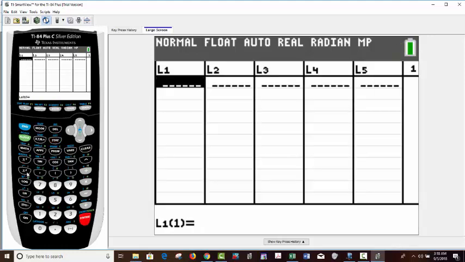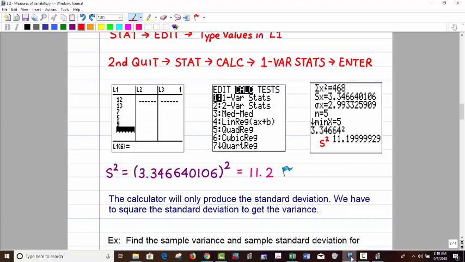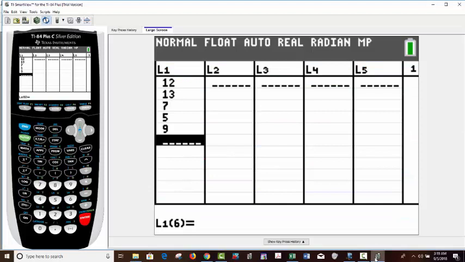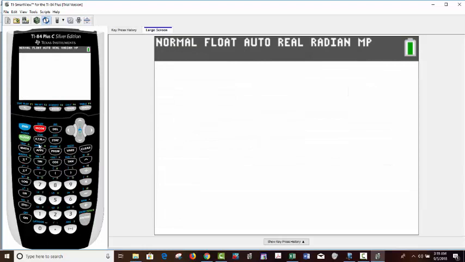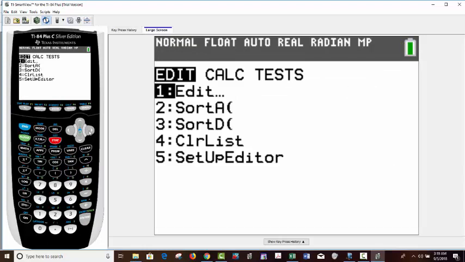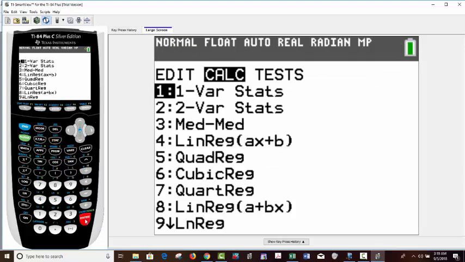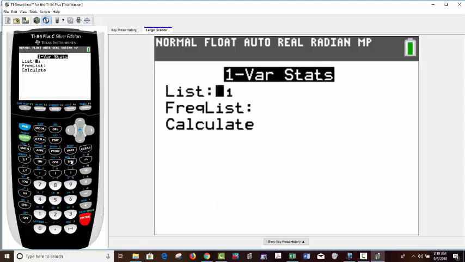So I'm going to go 12, 13, 7, 5, 9, and then I'm going to go second, quit, stat, calc, 1 var stats, and as long as you have it in L1 here,